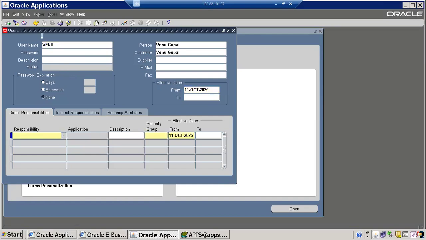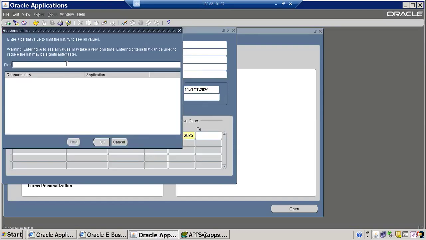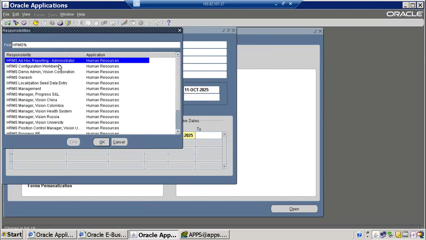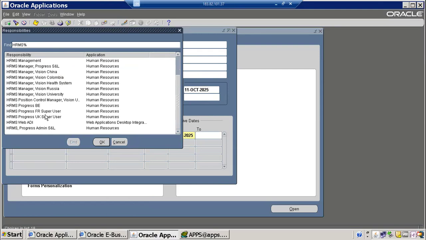Let's imagine Venu is your team member, and as an admin, as a team leader, what are the files that you are going to give access to him? So those are the modules we have to mention. I'm going to give module HRMS permissions, access to HRMS management,